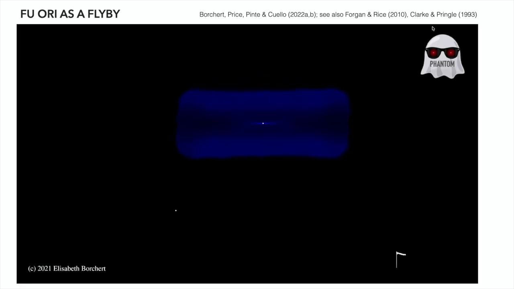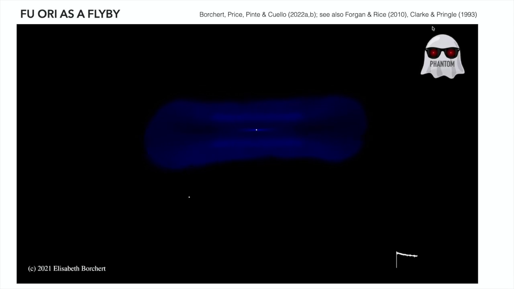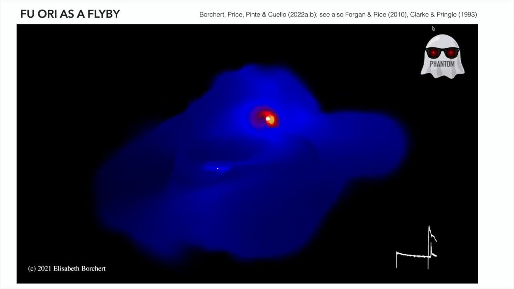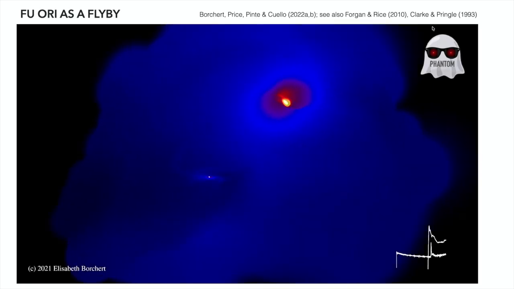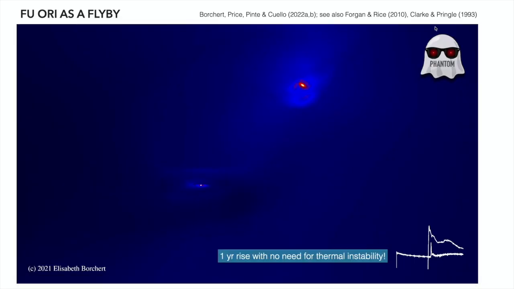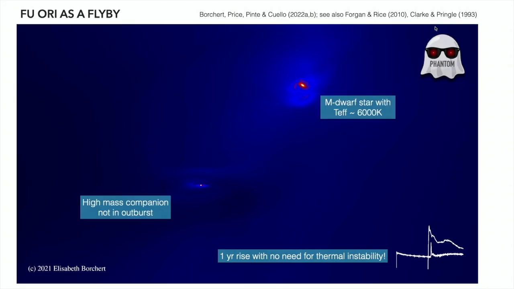And so here's the temperature map. If we look at the temperature, again, we're doing this on the fly Monte Carlo, so we can get the change in the disk temperature. And of course, because you're eating at a crazy rate, and we're taking the accretion luminosity into account in the radiation, you really heat the disk like crazy. And when I mean like crazy, I mean you heat it past 1500 Kelvin, which is when you start to melt stuff. And indeed, if you look at observations of outbursting young stars, you find melted dust, crystalline silicates, lots of funky heating going on. All right, so you explain a bunch of things.